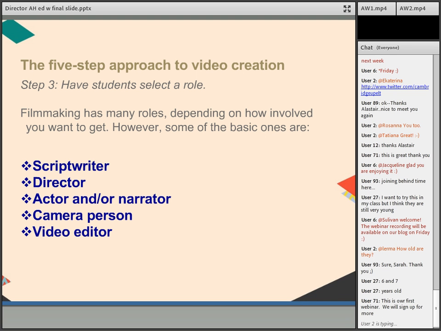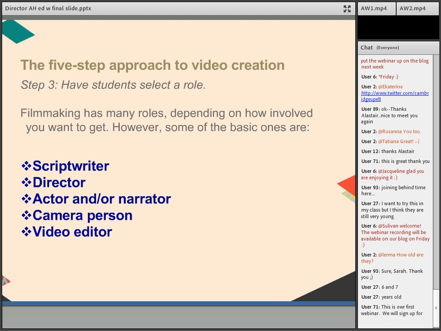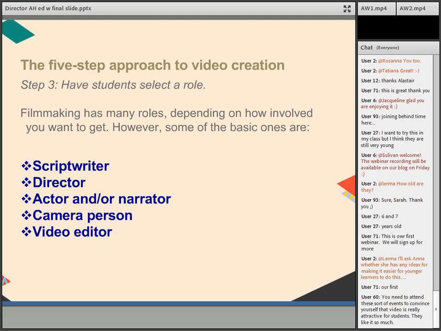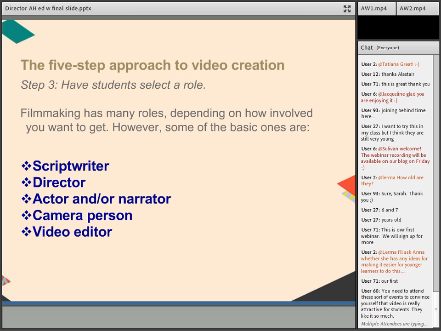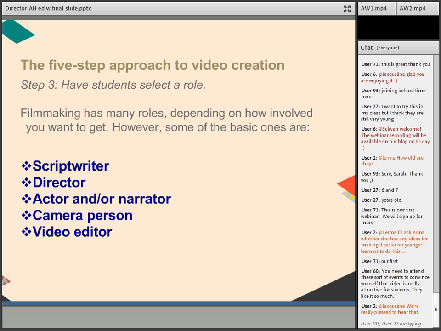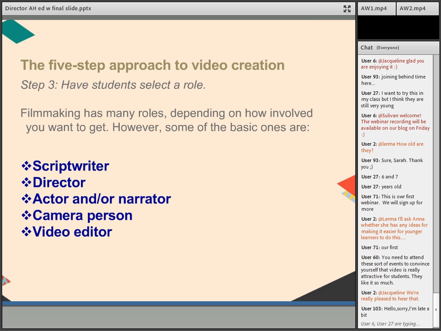And then finally, the video editor. And basically, that's the person who is in charge of all the pieces so that you can actually put the whole thing together. So it's the person who is going to be collecting the photos, collecting the footage, and helping decide what the captions are on the screen. Basically, the asset control person, the one who's in charge of all of that. And there are some students, especially the ones who are very technically savvy, that's a perfect role for them. They can be in charge of all those pieces.